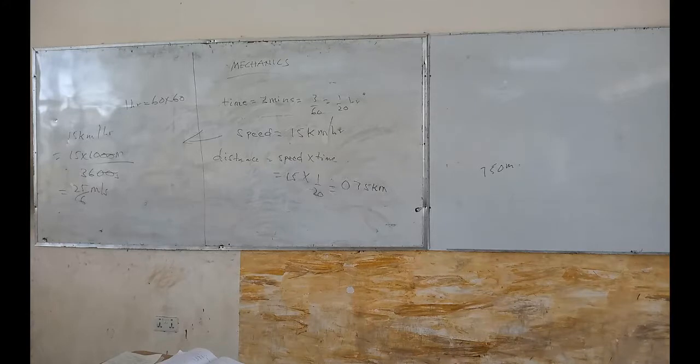When you multiply this by the time, which is 3... Oh, no. It means you have to change it. The time was in minutes, so you have to change minutes to seconds. This one is meter per second. Are you getting it? Thank you very much for prompting us. If the time is in minutes and this one is meter per second, you also have to check the time. So 3 minutes in seconds will give you 180. So 180 times this will give you 750 meters.